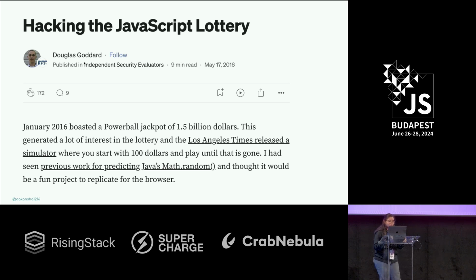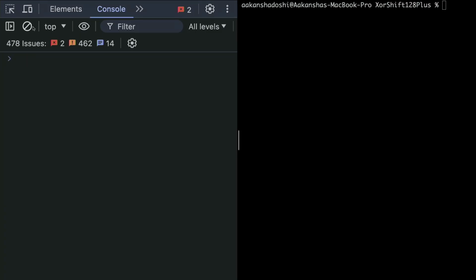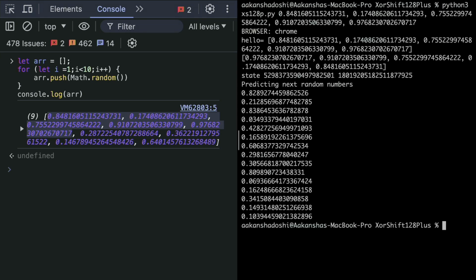And I have a quick demo to just show you, because I really loved it. So I just want to share it with you. So let's generate 5 random numbers. And I'll just pick up the first 5 numbers from here. And this is the Python script. Let's not dig into it right now, but you can look into it later. And I'll just paste these numbers. Now you can see, basically Math.random uses some internal states to predict the numbers. These are the states which you see. And these are the predicted next set of numbers.